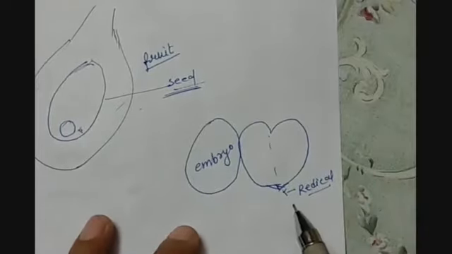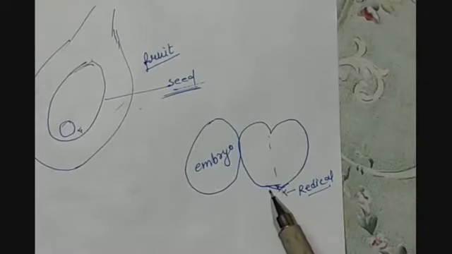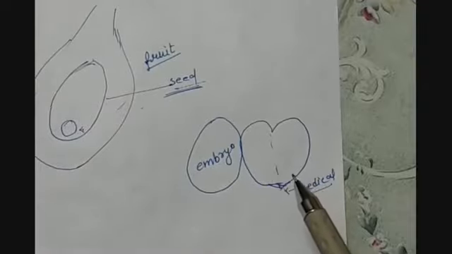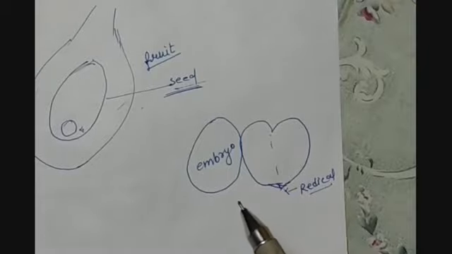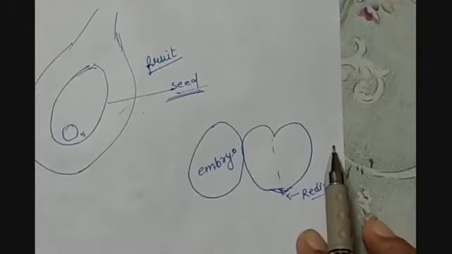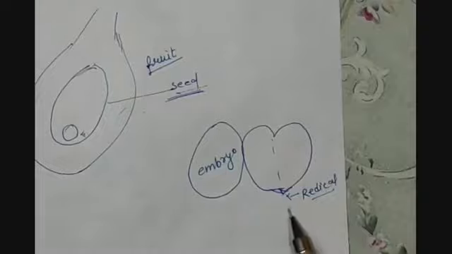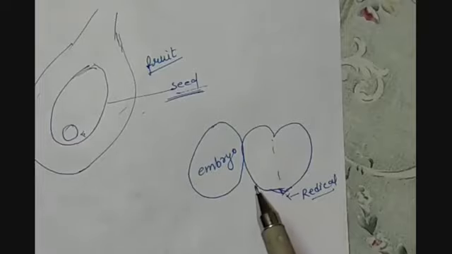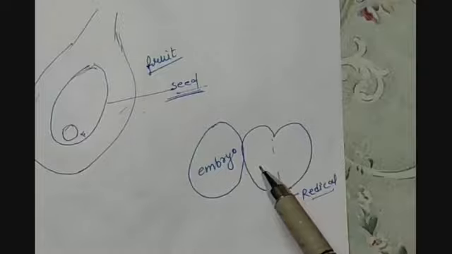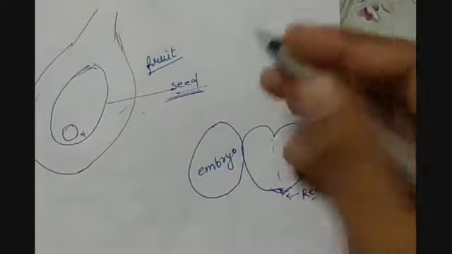and when the embryo develops further, whenever it has favorable conditions, it will start germinating. Otherwise, till the time it remains inside the seed and the favorable conditions are not available, it will remain in a dormant situation, meaning inactive. The portion where the embryo stores the food is also called the cotyledon.